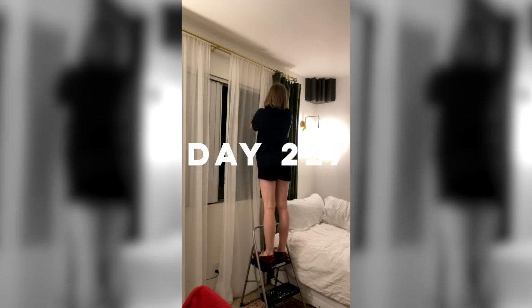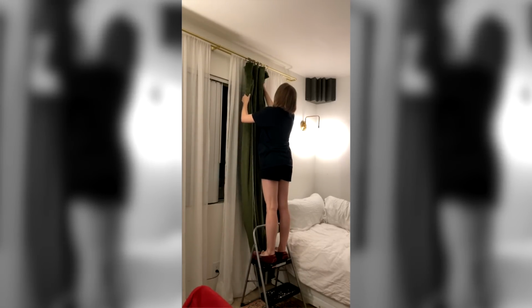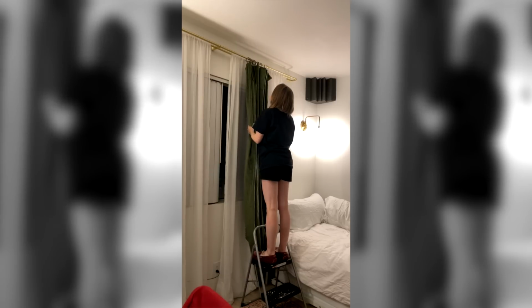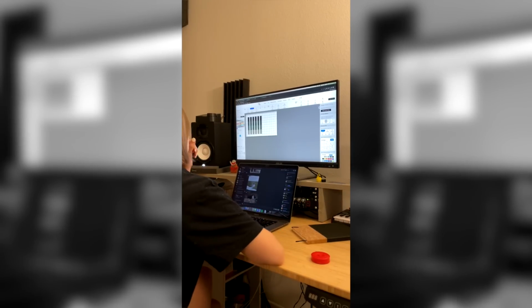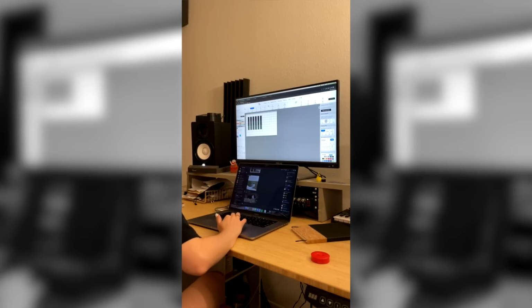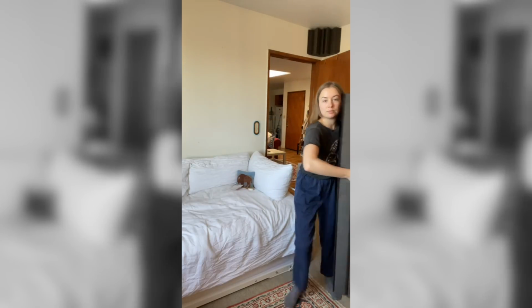Now, you know this whole time I've been putting off shortening my curtains. I was struck by a fleeting moment of motivation and I tried to take the curtains down to do it, but I realized I can't because of the cool curtain rod. Because of the way it attaches to the wall, I can't just slide the curtains off. So instead, I decided to take a look at some acoustic panel solutions and maybe design a wall with these felt tiles. I didn't end up needing that though, because a few days later I got these big foam panels